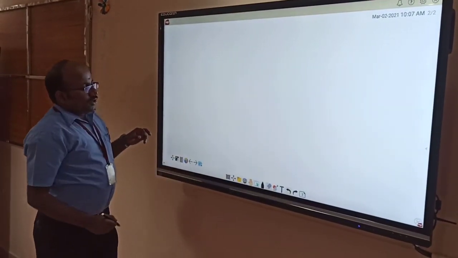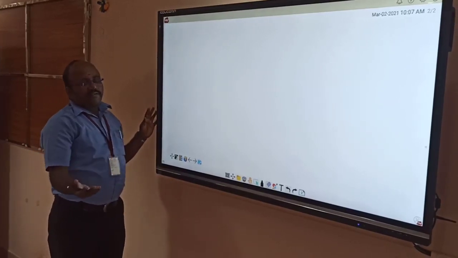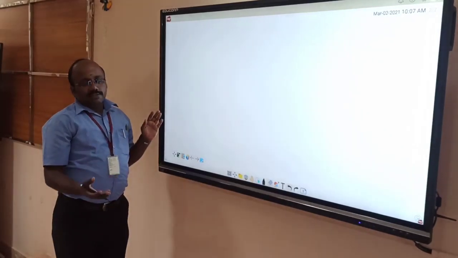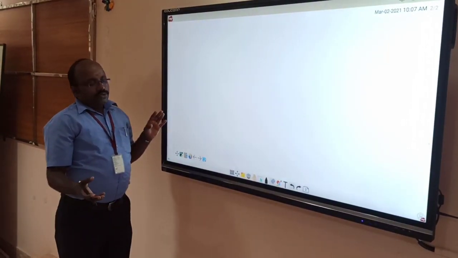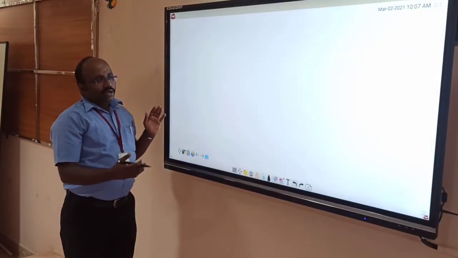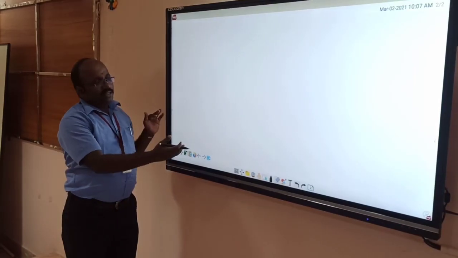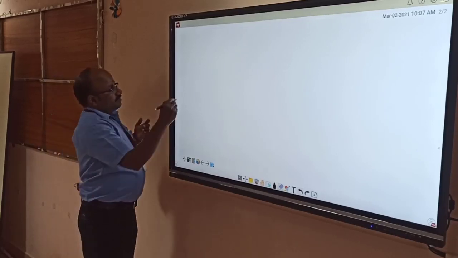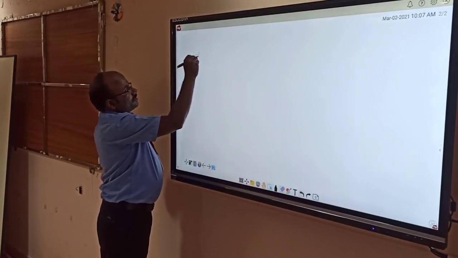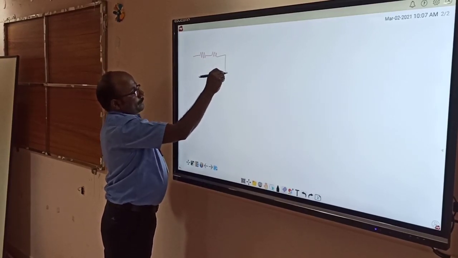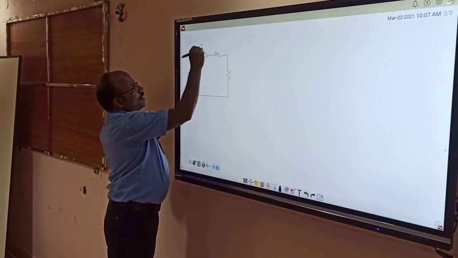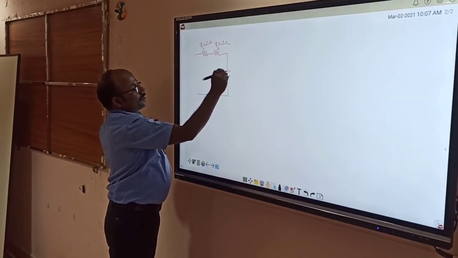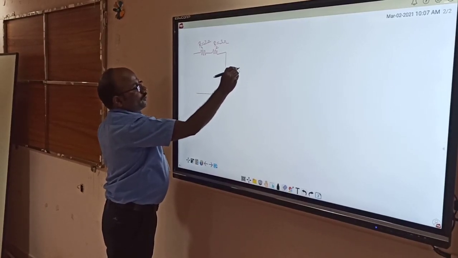If I want to see, the main purpose is when we are having PPT, we have to project it. In PPT, the drawback is while solving mathematical equations and expressions and all, for engineering it will be very difficult. So if it's an interactive panel, whatever you teach in board, even this can be recorded too. Okay, I will explain that feature in the coming part of the video. Right now, I will take a simple circuit. Let me take three resistances which are in series. Let me say R1 is of 2 ohms, resistance R2 is of 3 ohms, resistance R3 is of 5 ohms.